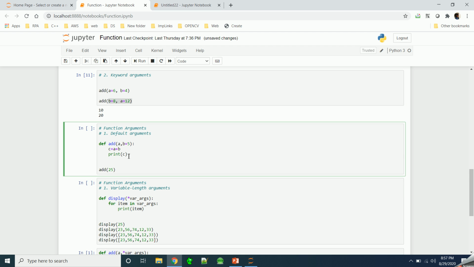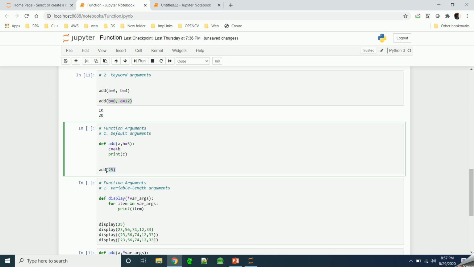Next are default arguments. Here we have defined a function where we are passing two arguments, but we have said that b equal to 5, meaning the default value of b will be 5.